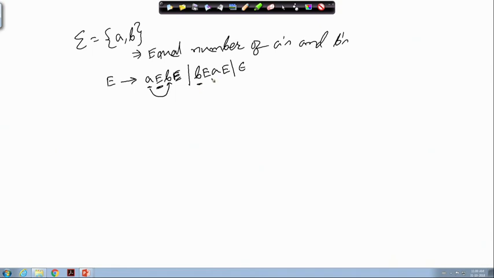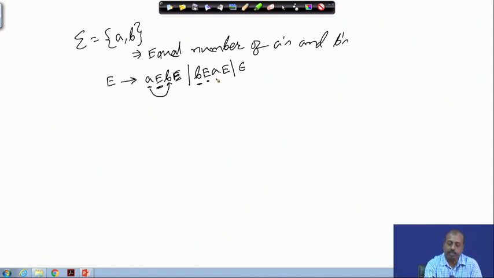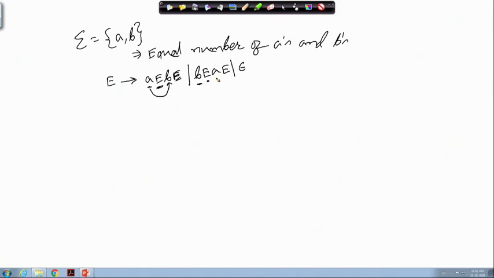Or the string can start with a B and then there can be a substring having an equal number of A's and B's, then the symbol A, so that this B matches with this A, and then we again have a substring that has an equal number of A's and B's in it, or epsilon. So, this is a possible grammar for that.